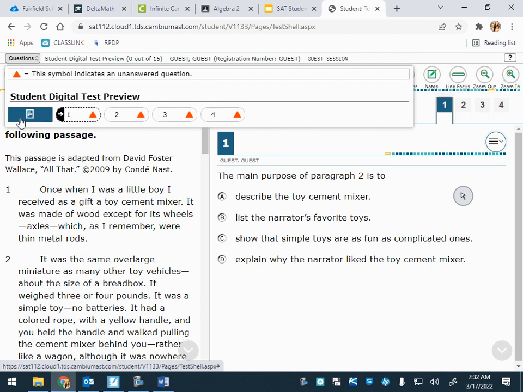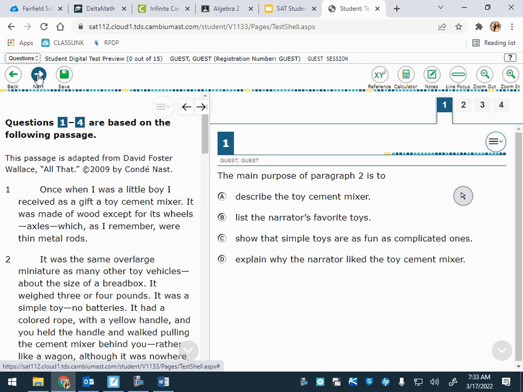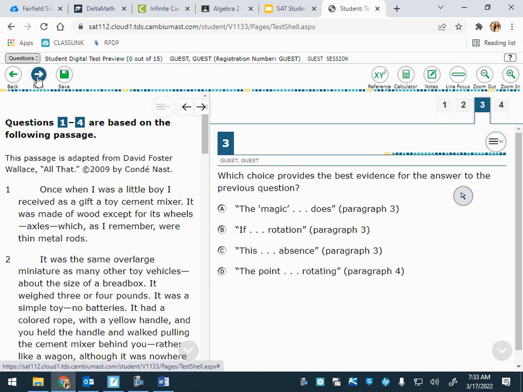The one that looks like a piece of paper is the instruction screen, okay? And these are the questions here. You could flag them if you need to. The triangle symbolizes that they are not answered, all right? You could go next, back, save. Then you have your reference, which when we get to math, I'll tell you about, and calculator and all that stuff. So I'm just going to keep clicking next,